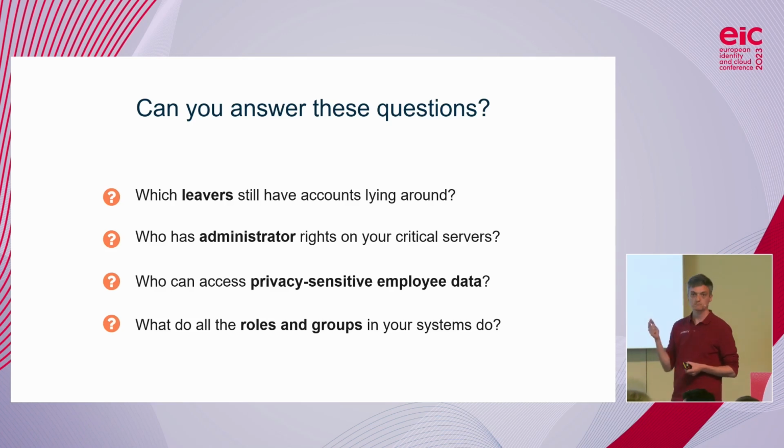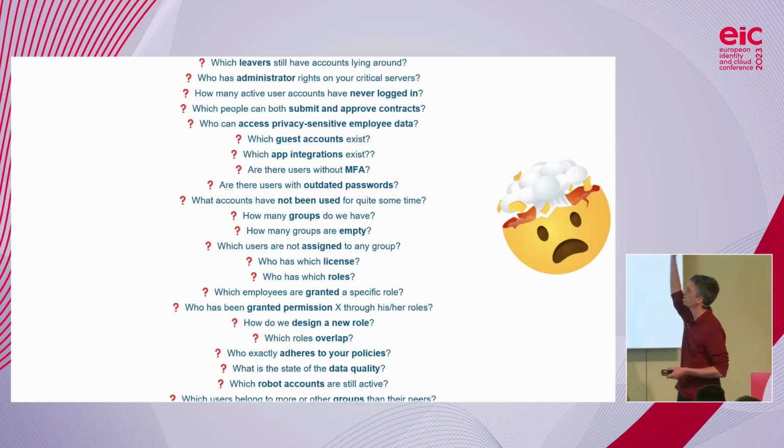It's the reason why all of the major frameworks like ISO 27001 or NIST, they all focus on access control, and it's the reason why modern cybersecurity approaches like Zero Trust stress the fact that you have to minimize your identity attack surface. That's answering these questions. And so it's critical these days, but still many companies cannot, and actually the list is even a lot longer. It's insane.